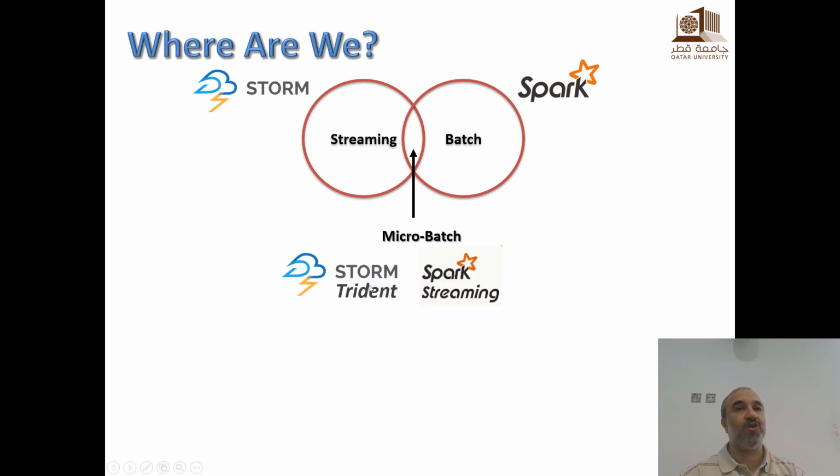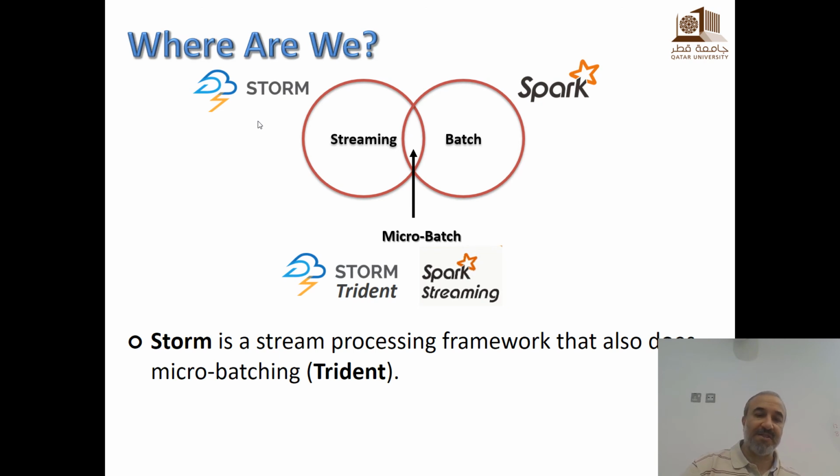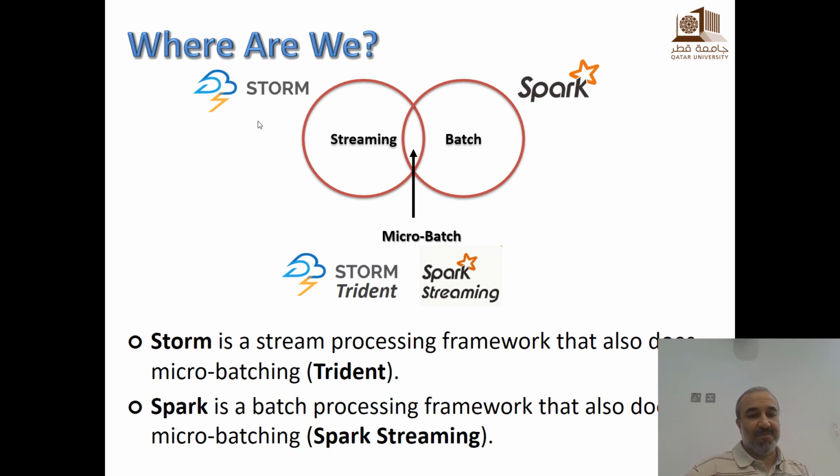And there is a version of Storm that is doing micro batching. We'll not cover it in class. It is called Trident. Okay, so this is similar to Spark streaming, but it is the micro batch version of Storm. So Storm is a stream processing framework that also does micro batching, and Spark is a batch processing framework that also does micro batching.